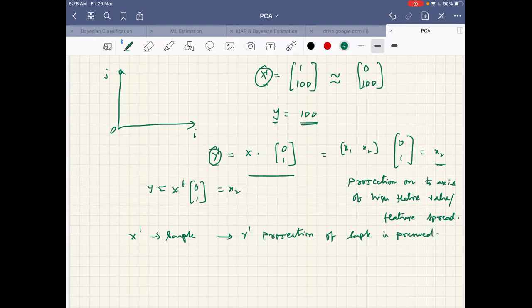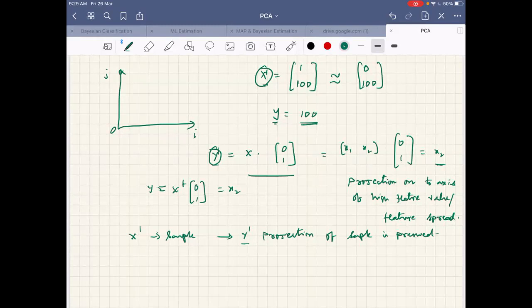Preserved means what? This may be used for further processing, or in signal processing and communication applications for transmission. If I reduce the dimensions like this, I will transmit only Y1 to the receiver end, and then I will try to get back X1 from Y1 at the receiver. So I want to calculate the error incurred in this projection.